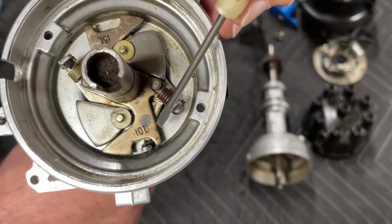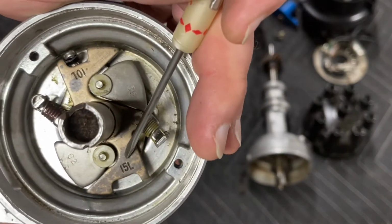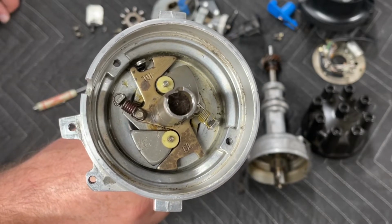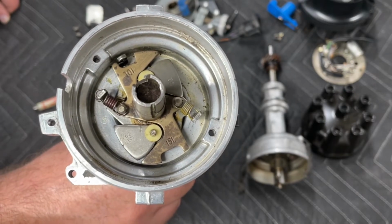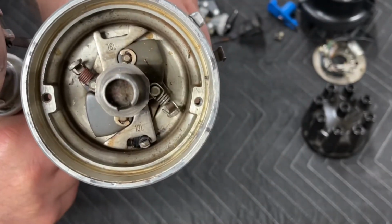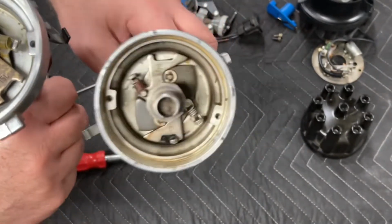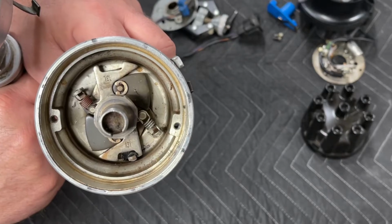Now, going back to the numbers, here we have a 10L, and if we turn it 180 degrees, we have a 15L. What are these markings? If you're not familiar with these distributors, these markings represent how many distributor degrees of advance. So that means 10 or 15 degrees in this distributor, or in this distributor, 13 or 18 degrees. Now we have to multiply that by 2 to get crankshaft degrees. So this is 20 or 30 crankshaft degrees, and our dual point has either 26 or 36 degrees of advance